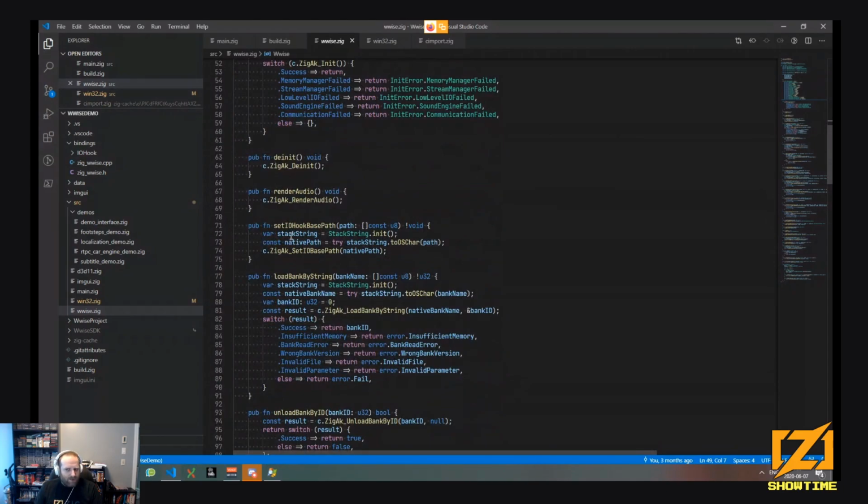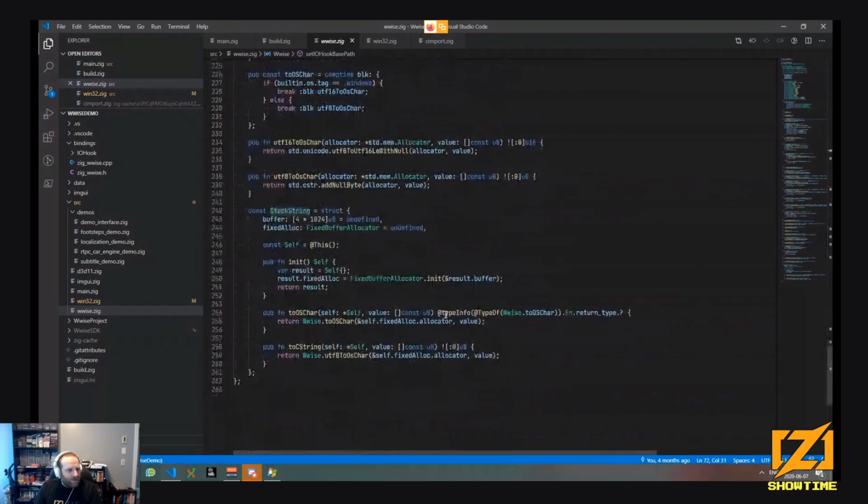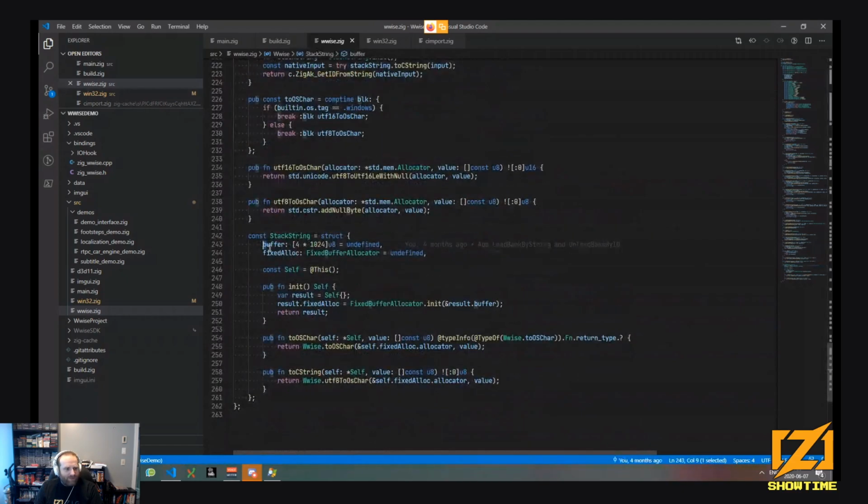Because Wwise uses the native string, if you're on Windows, you use the WTF-16 encoding, so the Unicode version of Windows to call it. So what I did to convert: I create a simple text string with an internal buffer, which is allocated on the stack using the buffer allocator, and then I convert using Zig's convert from UTF-8 to UTF-16 with the null added at the end.